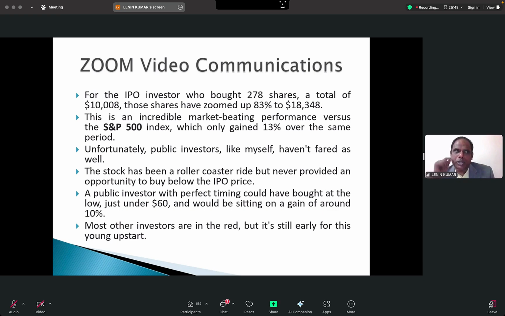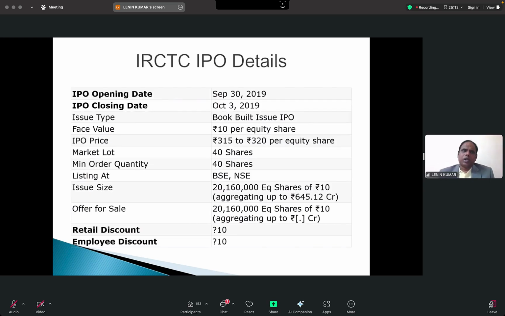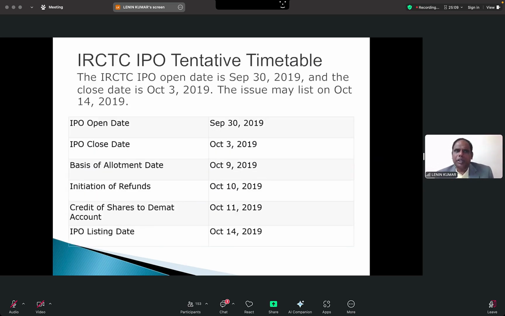I hope you remember when I was teaching you the stock market, you want to study the 3-month average price, and you can decide whether to purchase or not. According to me, this is the right time to invest in Zoom because it is going near this 92, which is the 52-week high. If it crosses this 92, it is going to make a new record. So you can invest 50% of your money in Zoom now. This is a general study about the current situation of Zoom. One more company's information is not needed. I have already given you two examples.